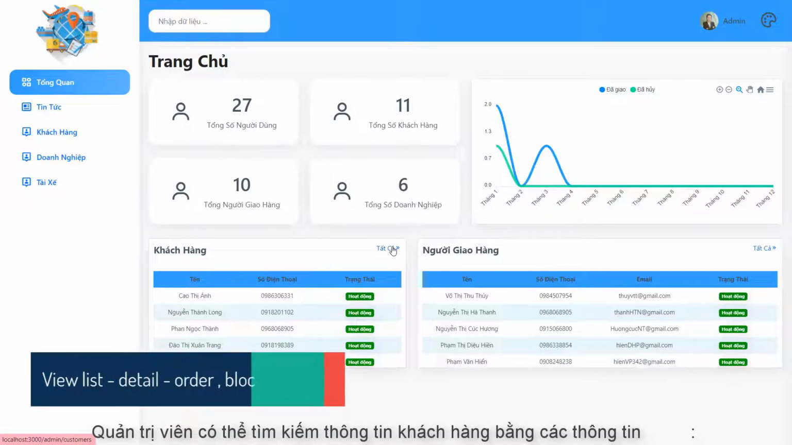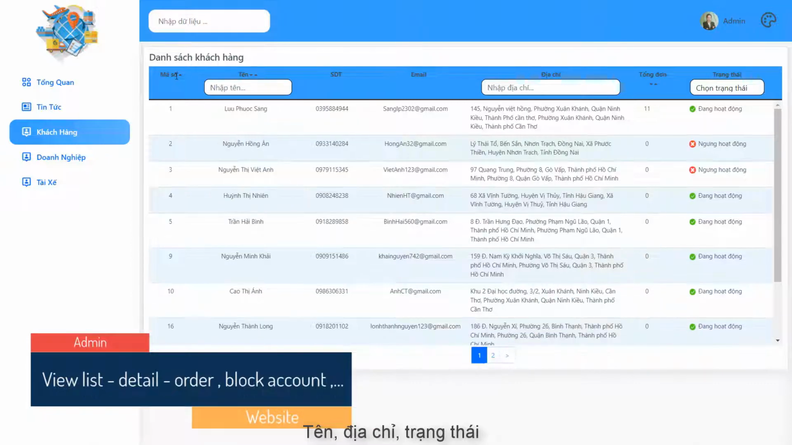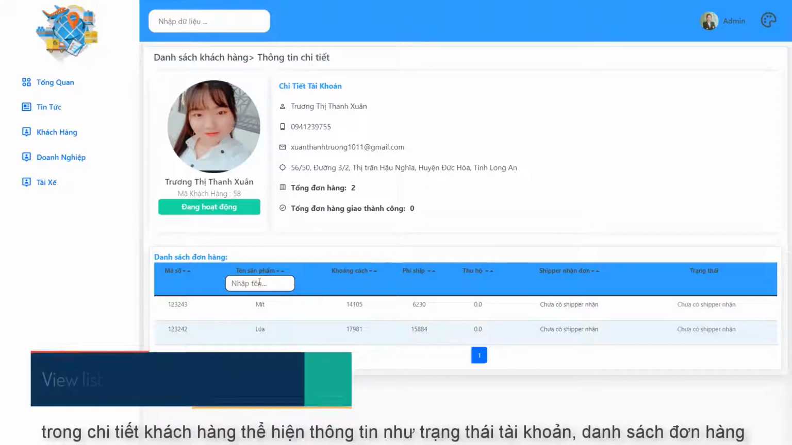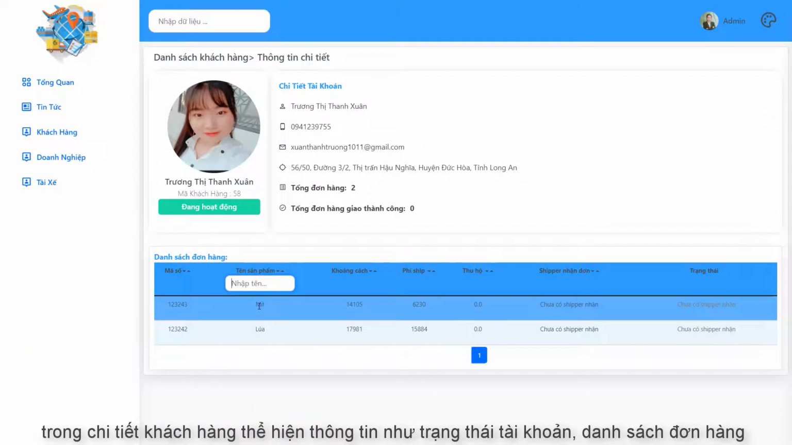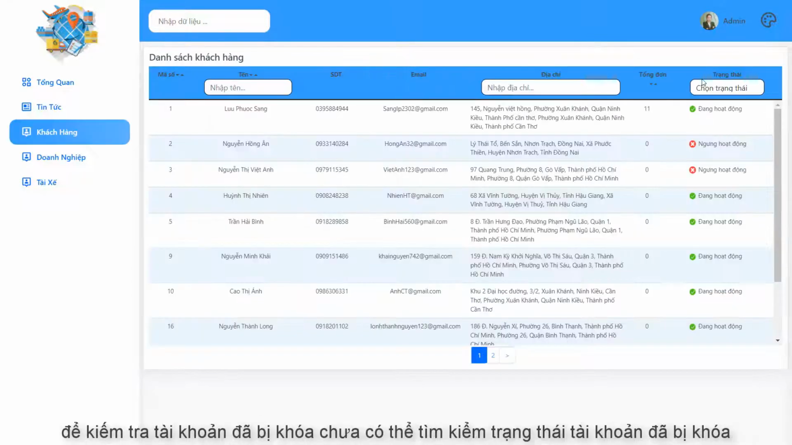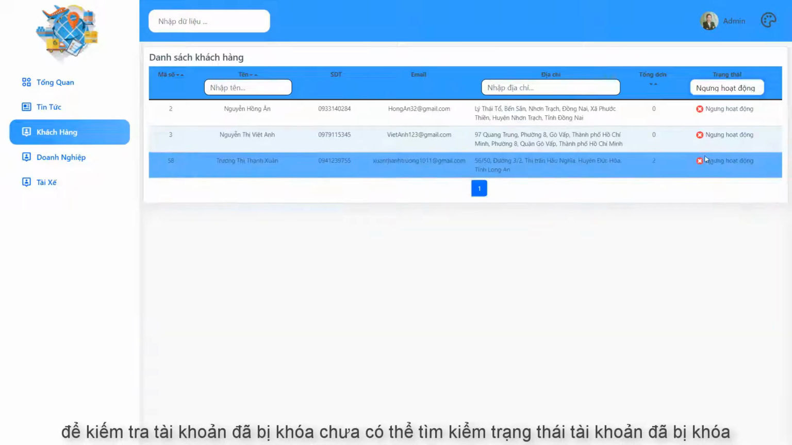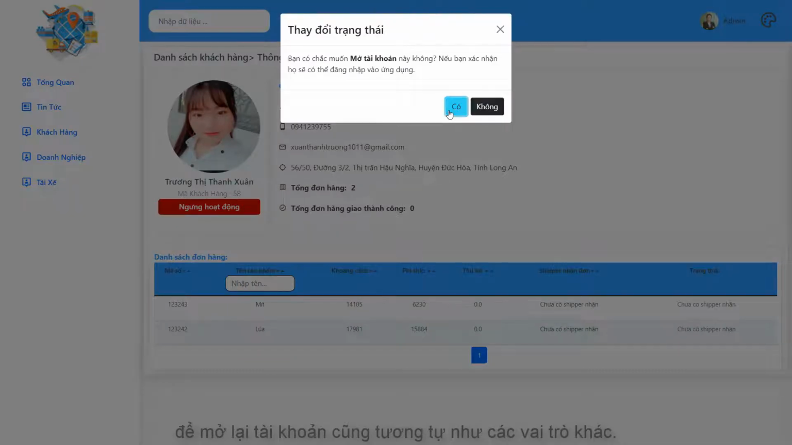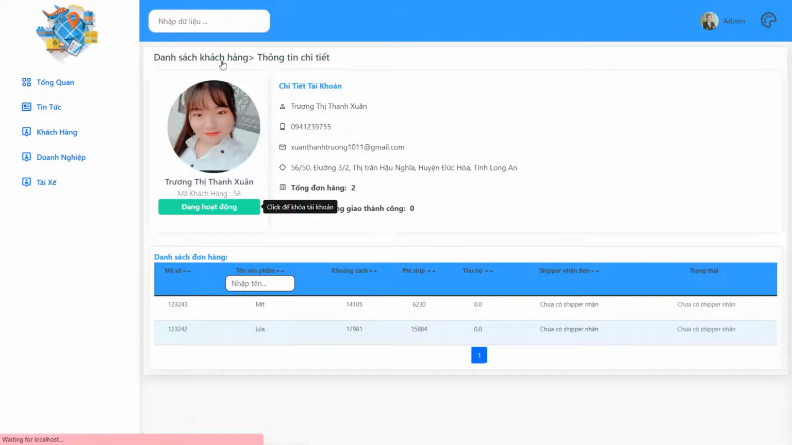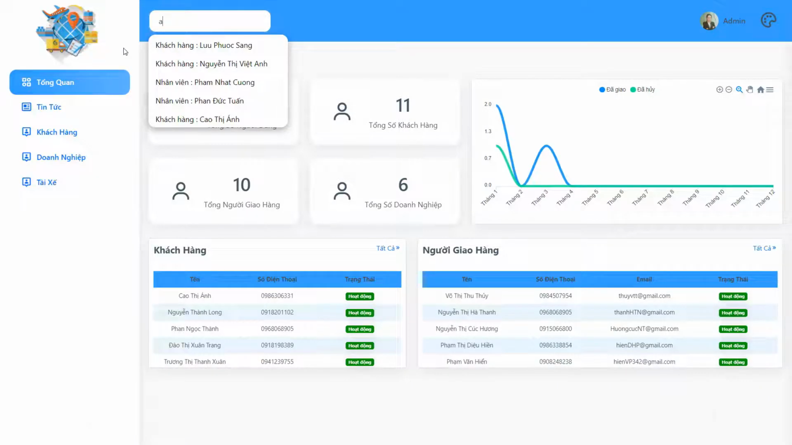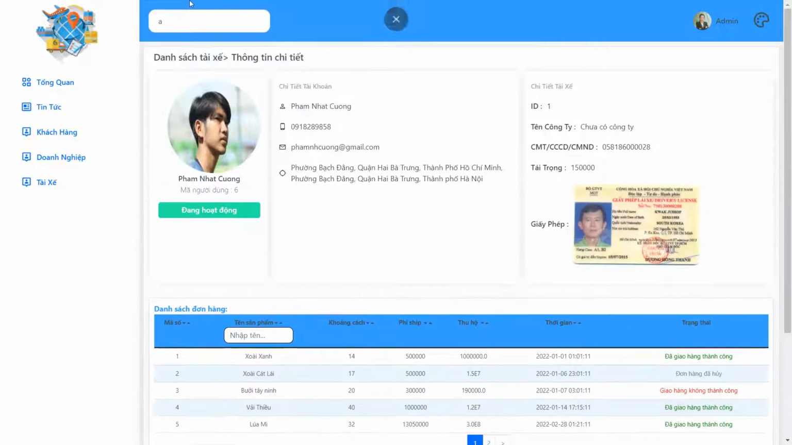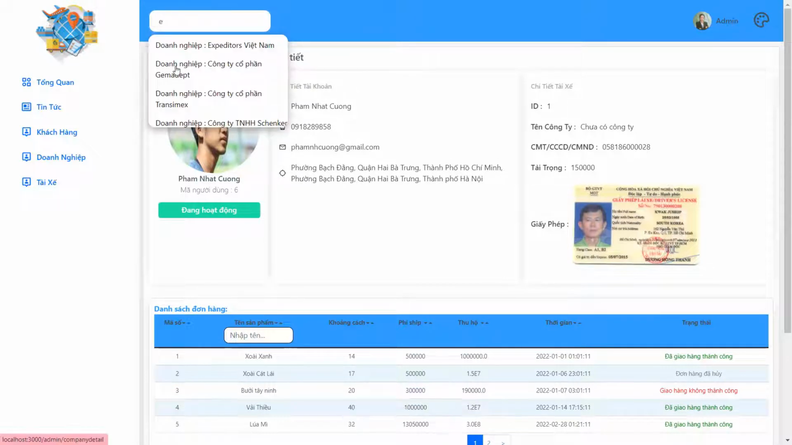Admin can search for customer information with the following information: name, address, status. To view customer details, the admin clicks on the customer they want to see. The customer details show information such as status, account status, and order list. To check if an account has been locked, search for the locked account status. Locking and reopening a customer's account is similar to the other roles. Admin can use the search function to find information related to customer, shipper, company,